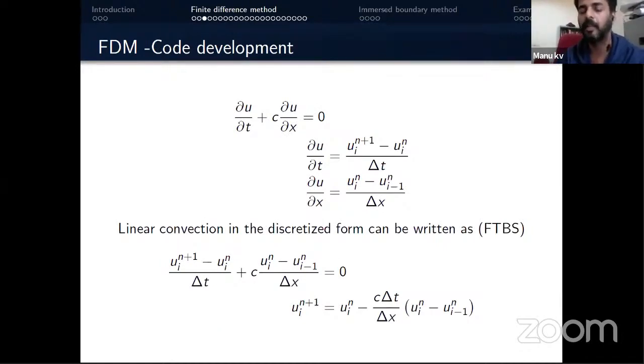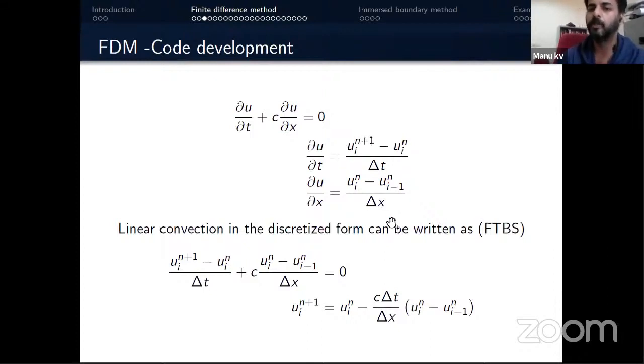The first part which we can look at from the Navier-Stokes equation is the convective part, so we can say the temporal acceleration and the convective acceleration associated with the Navier-Stokes equation. To start the proceedings, we can look at the linear convection equation, which is partial u by partial t plus c partial u by partial x. This is a first order equation, and it's a linear equation. If we take c as a constant, it's a linear partial differential equation, and we can get the gradient using different schemes.